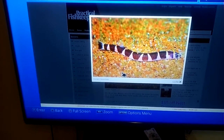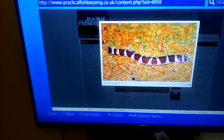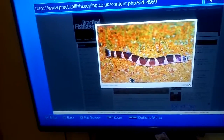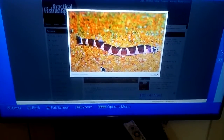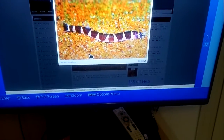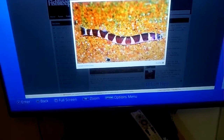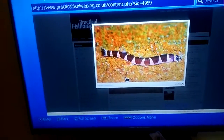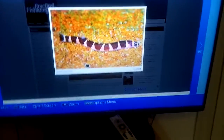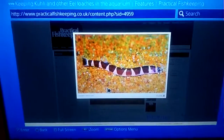Now, Kuhli loaches are peaceful fish and prefer to be kept in schools of 3, as I said, or more. Because of the fish's beauty, many hobbyists get them straight after they cycle their aquarium. But me personally, I don't recommend this, because even though they can adapt to pretty much whatever you hand to them, it's fairly hard for them to come into a new aquarium where nothing has really been established, because these are scaleless fish,